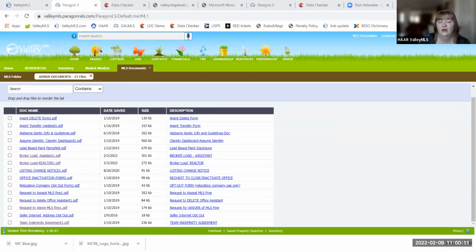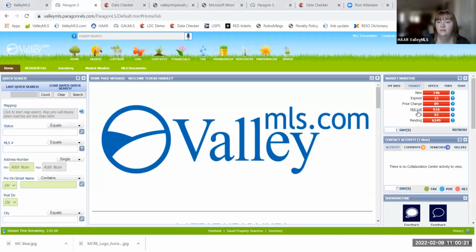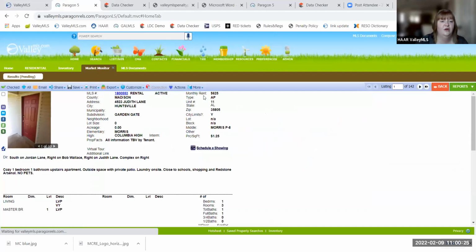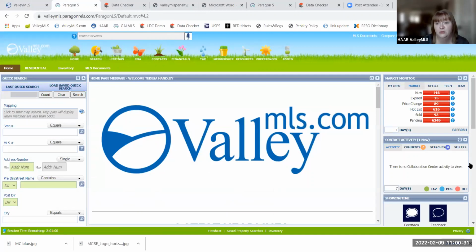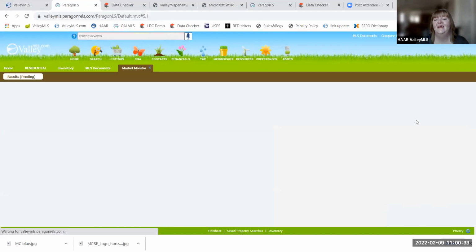The other thing to note here is when you're marking a listing as sold, I wonder if I could just grab one and pretend I'm going to mark it as sold. When you're marking a listing as sold and you're offered to enter an agent there for who sold it, the buyer's representative or the selling agent, as it were, and you start typing a name, it's going to offer you, unfortunately, the data share name first.